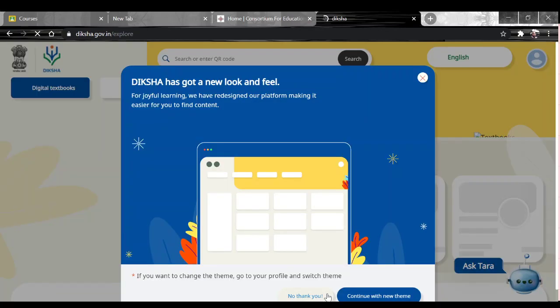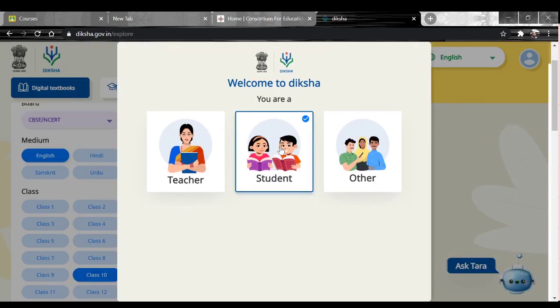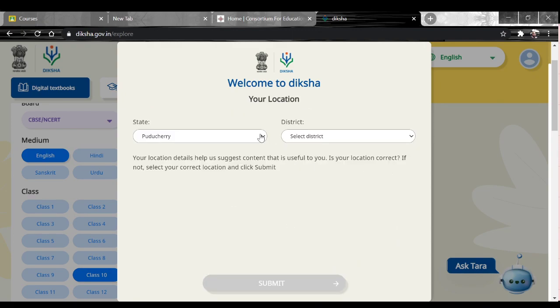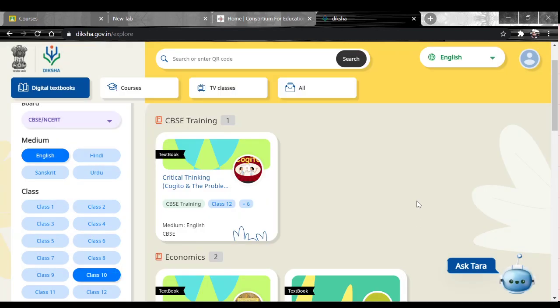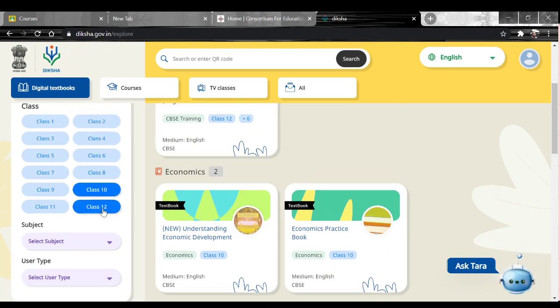Digital infrastructure for knowledge sharing, up to plus 1 and plus 2, but not only for that, it can give you the fundamental knowledge of what you can do. You can click as a teacher or student. So let me take up as a student and see what it has to offer. I'll click Tamil Nadu, and I'll choose the Tirupattur, Tiruvannamalai or Vellore district there, and then submit. It will take you to the syllabus accordingly, and you can select class 12.